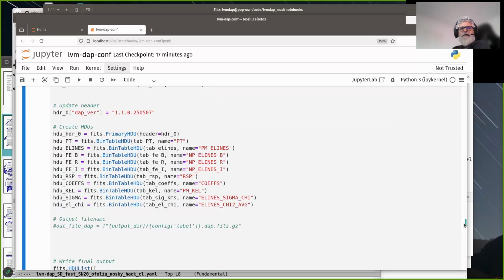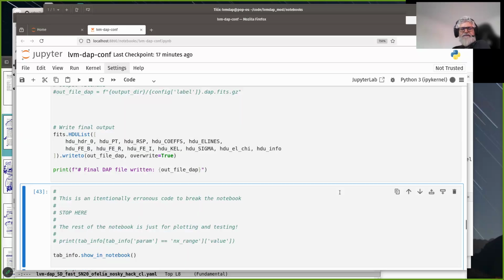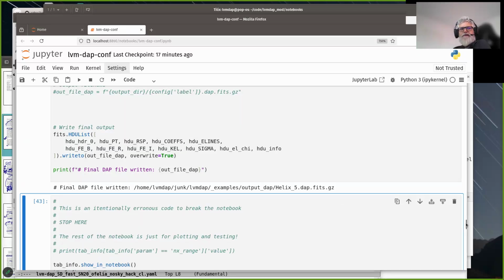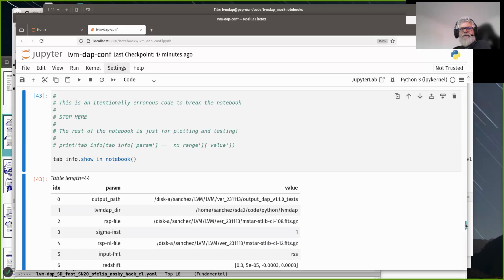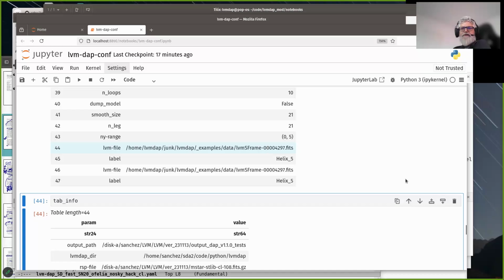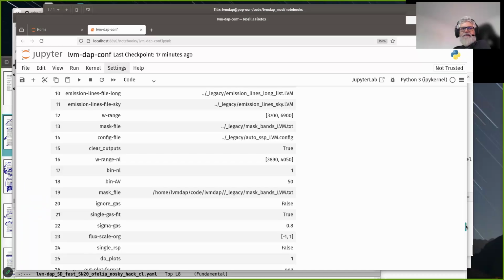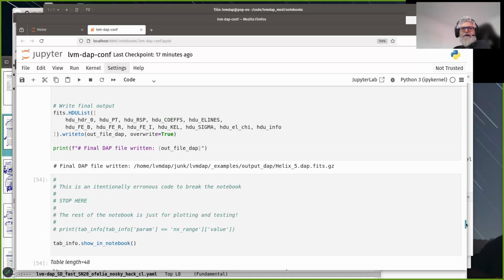We can see the content of this DAP file. In this DAP file, as I explained in my first talk, it includes different extensions: the header, the position table, the result of the analysis, the average parameters derived for the stellar properties, the coefficients of the decomposition of the stellar component, the results of the first analysis of the emission lines using the parametric method,